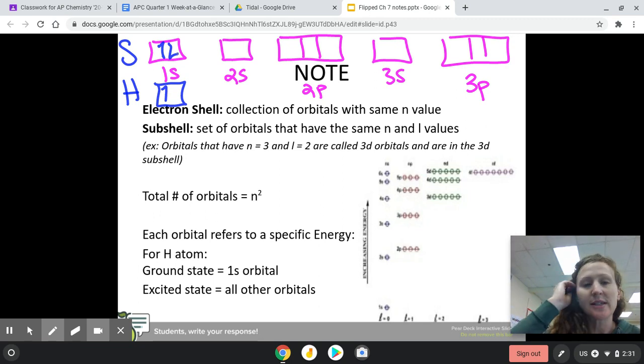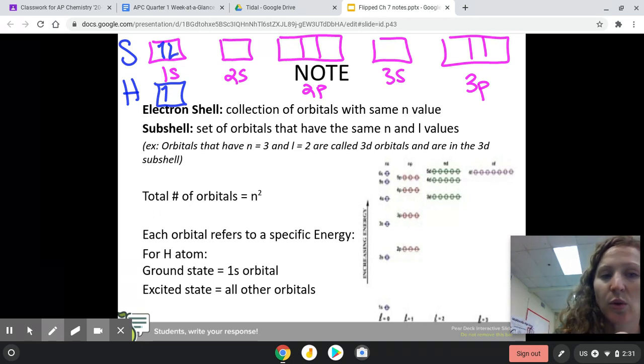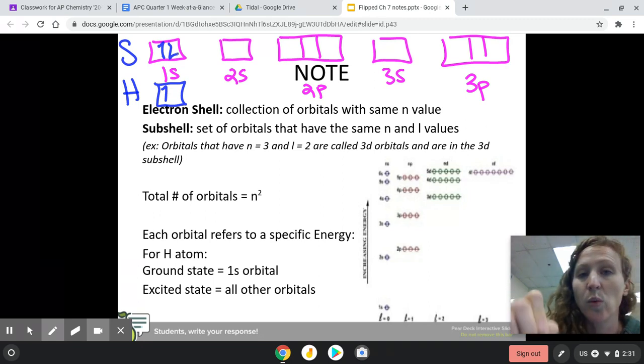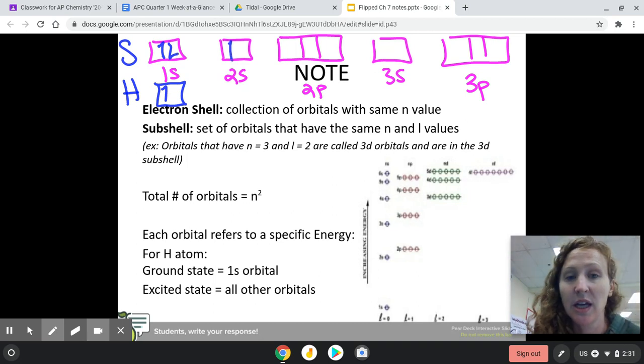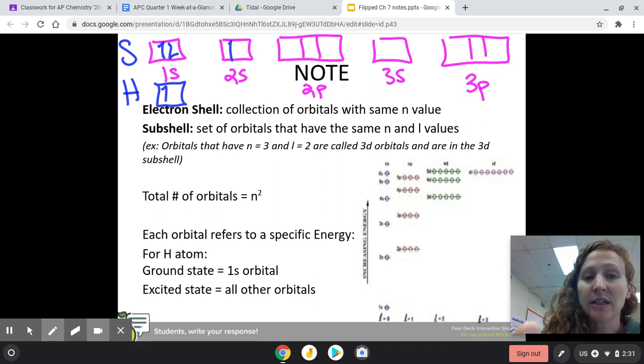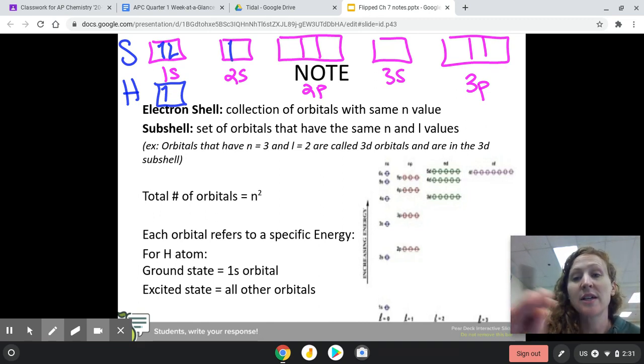Another thing that you'll notice is that lower energy orbitals need to be completely filled before you move up in energy levels. So I need to completely fill the 1s orbital before I can put an electron into the 2s orbital. Now, before we fill this up for all 16 of sulfur's electrons, there's a couple other things that we need to talk about, a couple other rules. And one of them